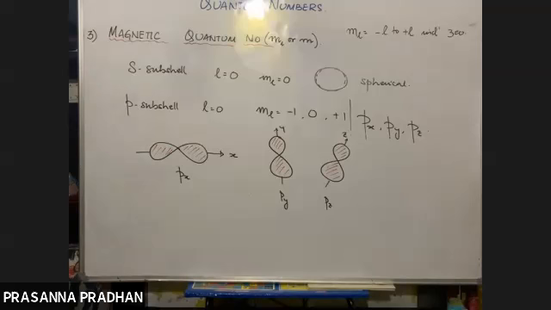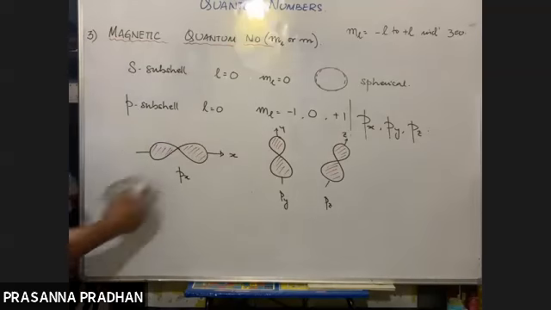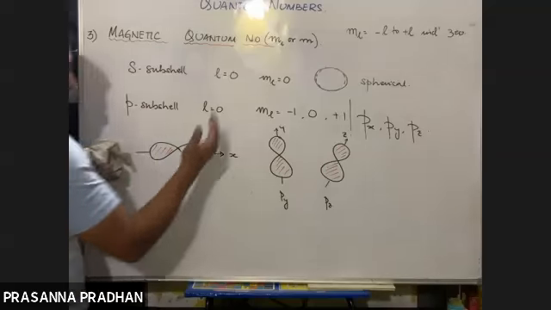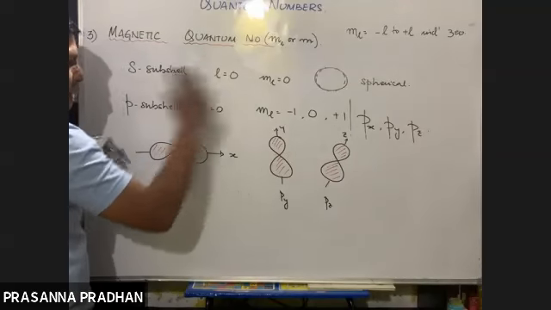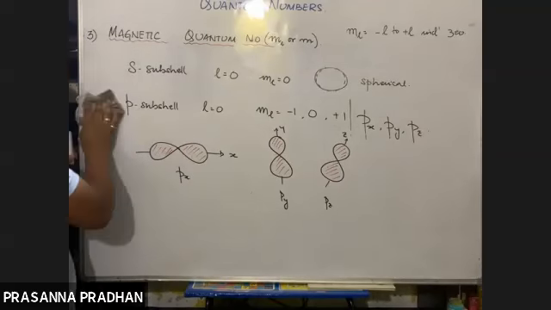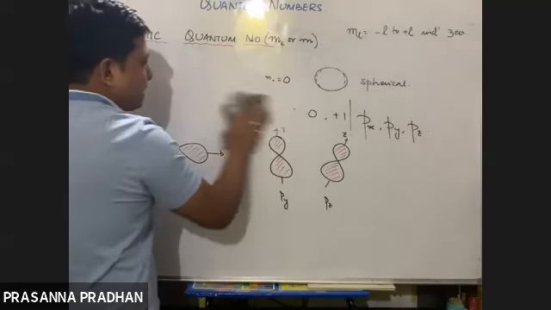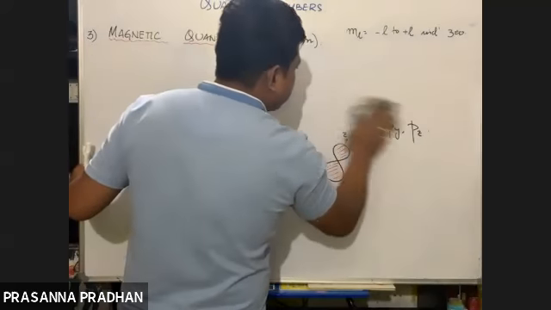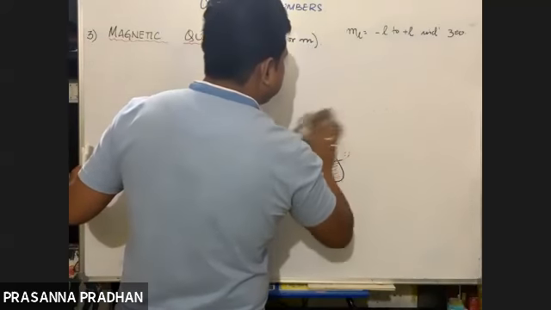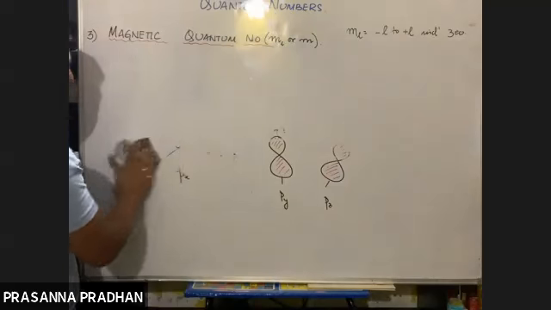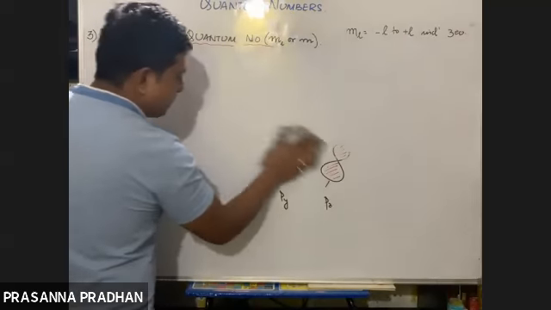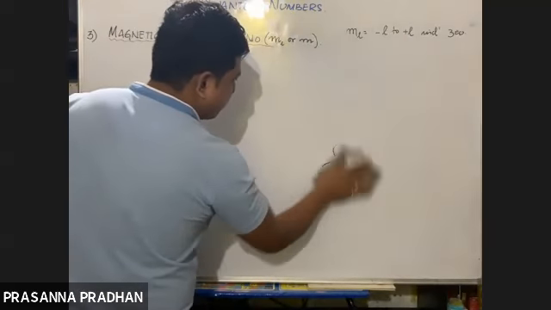Okay, fine. Now I think it's understood. You should remember the shapes, right? These are very important. So the p subshell was a dumbbell, and this p subshell can be oriented in three ways. So that is why 3 p orbitals are possible. What are the 3 p orbitals? Px, Py, and Pz. Now we know the geometry of these 3 p orbitals as well.